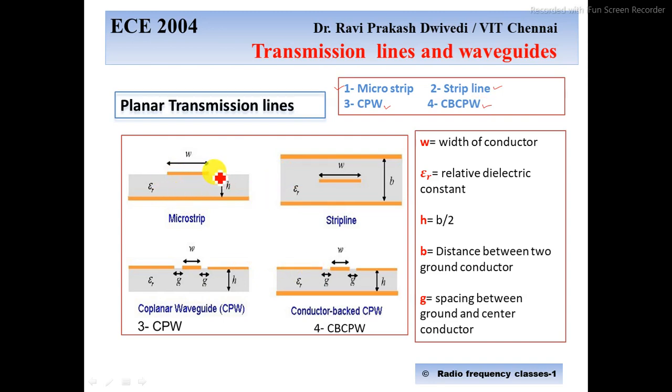Generally it has a conductor. You can see here in dark yellow color, or you can say orange color, these all are conductors. This one, same with this side. All these are conducting material. It can be copper, aluminum, or any other material. Generally we use copper while designing the components. Any components which work in radio frequency or microwave applications, we use while designing this planar transmission line. Okay, so these are conductors,